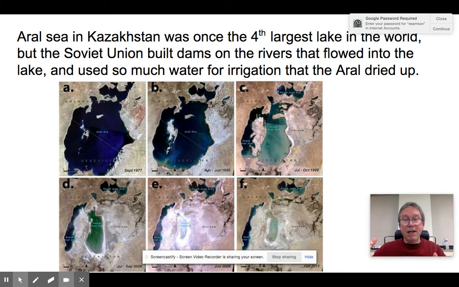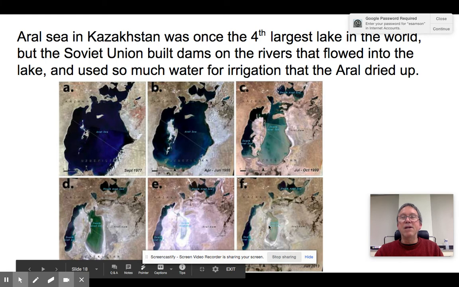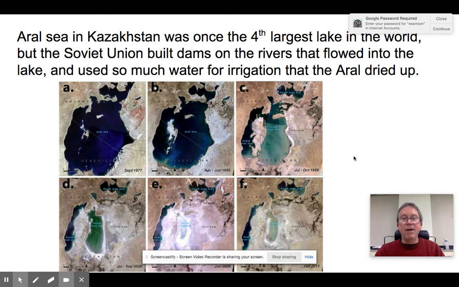But they pumped like the Colorado River. They pumped so much water out of it, there was nothing left to go into the Aral Sea. And just look at these pictures. This is what it used to look like in 1977, and then we. What was this? What year is this? This is 86, 99. You can just see it. It just went away. We just pumped all the water out of that poor thing and dried it all up,